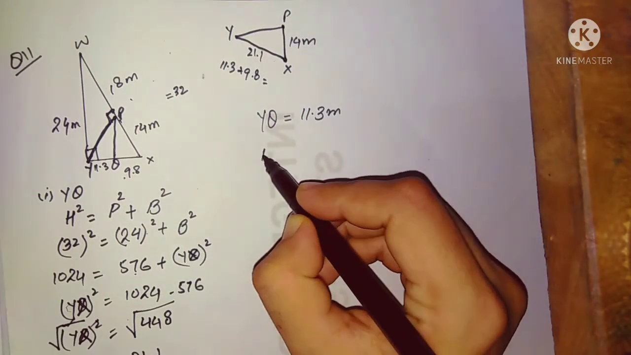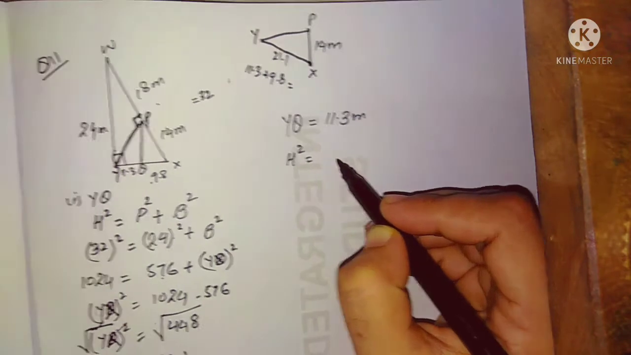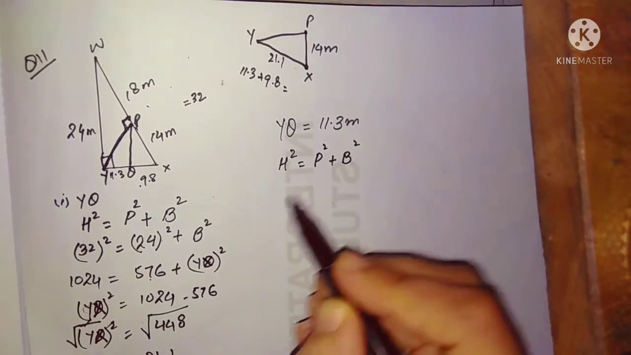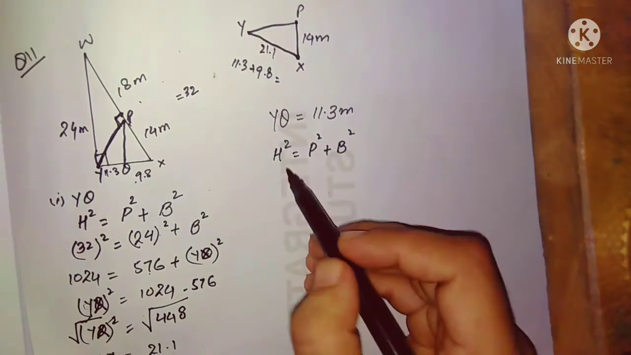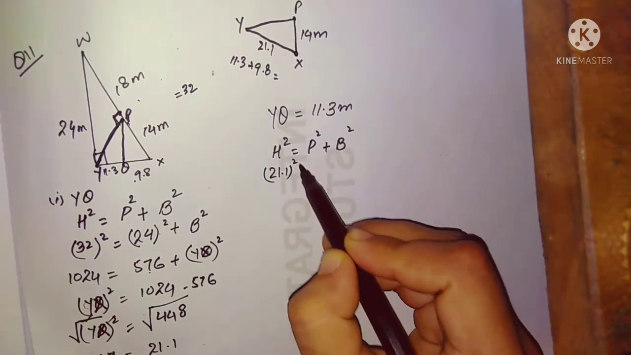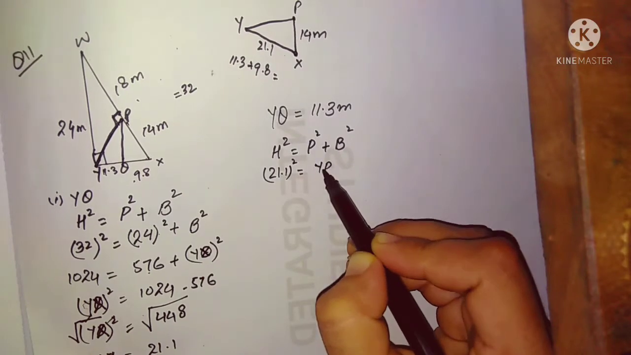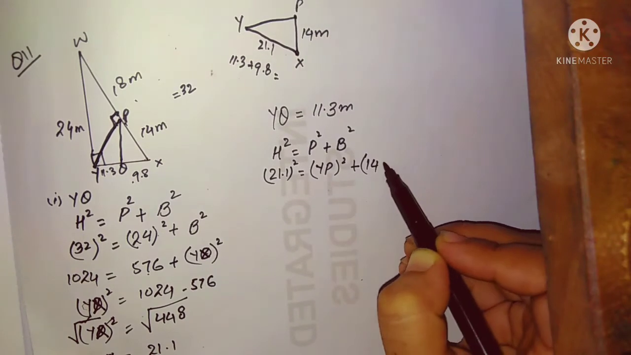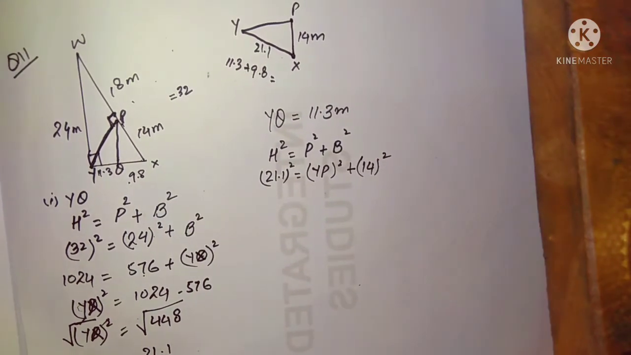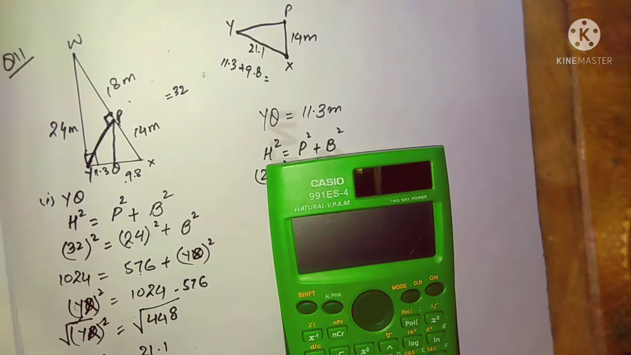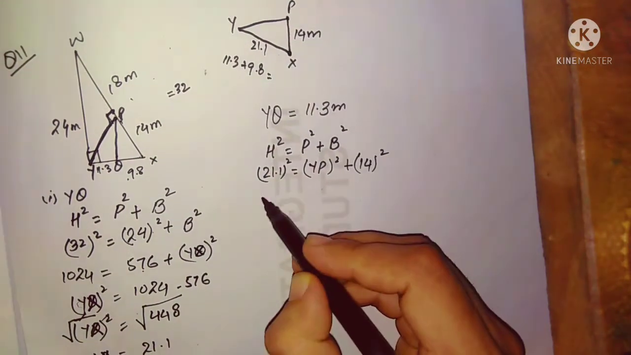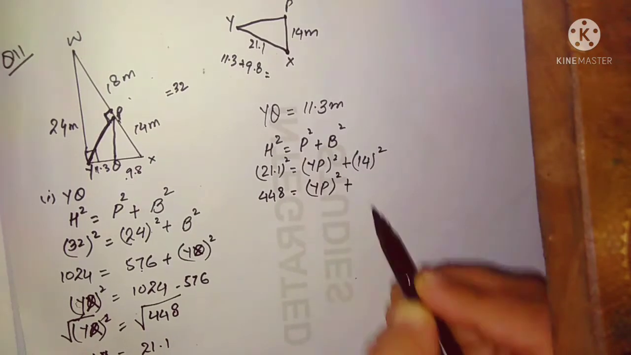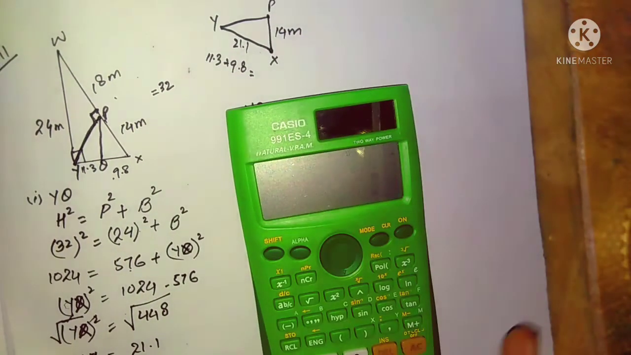Alright, so the formula is hypotenuse square is equal to perpendicular square plus base square. So the hypotenuse is given to you, which is 21.1, and we have to find out P, which is YP, the perpendicular, and the base is given, which is 14. So 21.1 square will be equal to 448, which is equal to YP whole square, and 14 square will be equal to